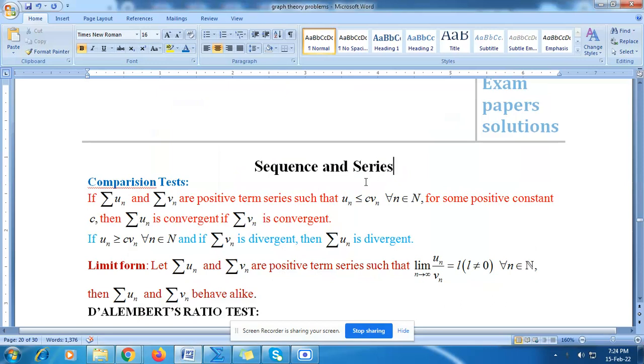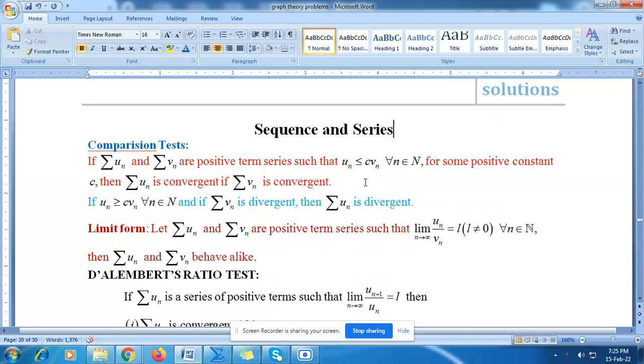Now we'll discuss sequence and series, its previous exam questions. Before starting sequence and series, you have to learn a few statements. One of them is the comparison test statements